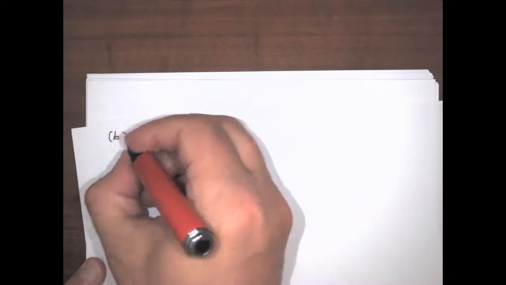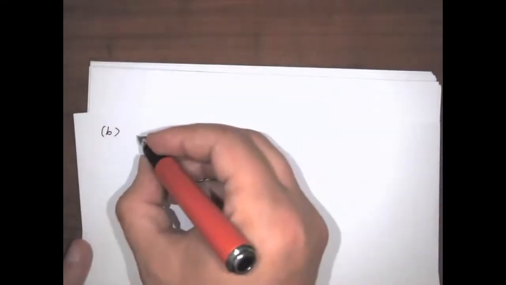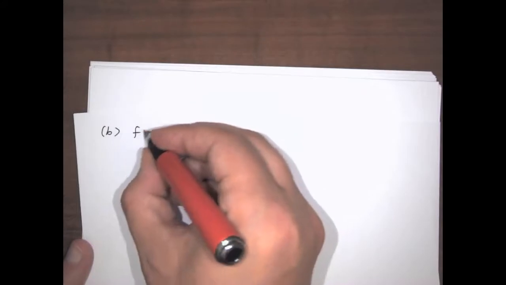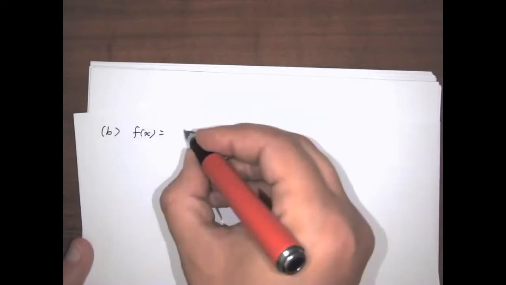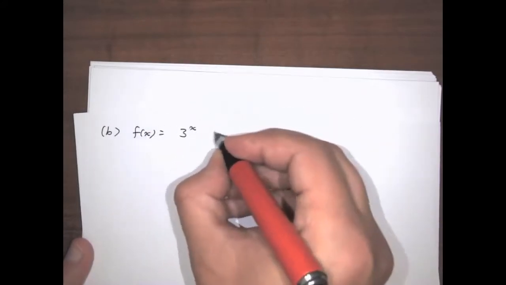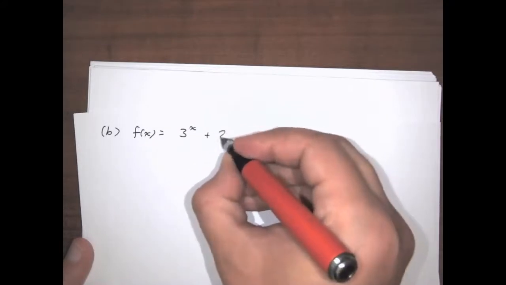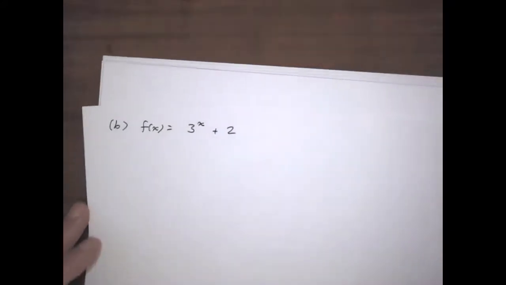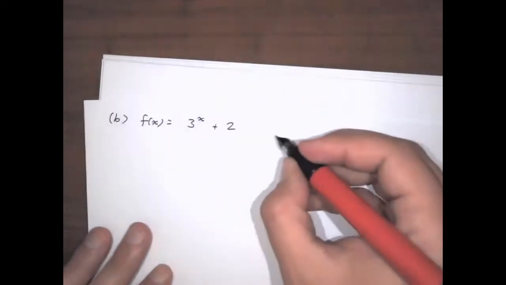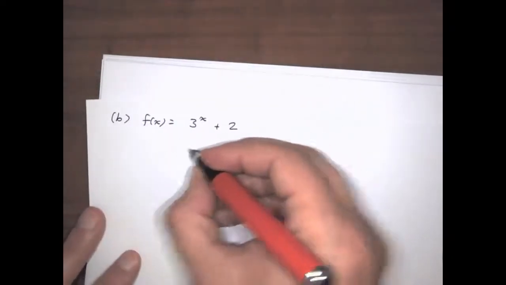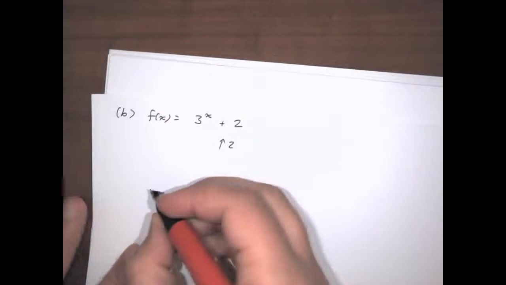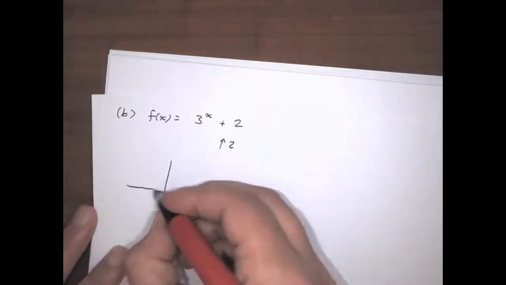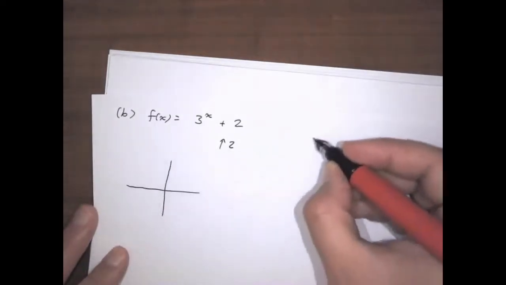Now let's try a different transformation of the same function though. So let's take example B. We'll do f of x equals 3 to the x plus 2. So the basic here is still 3 to the x, but now it's shifting it up 2. Which means that if the original,